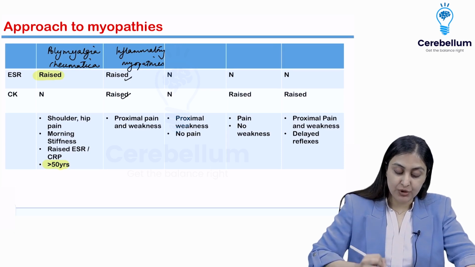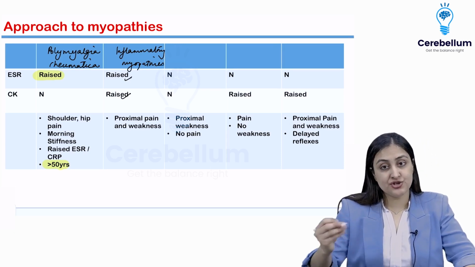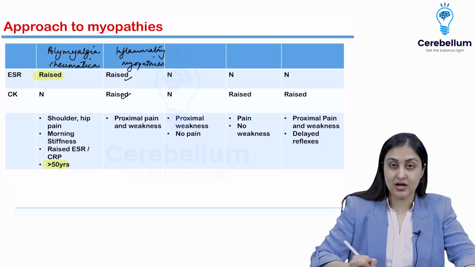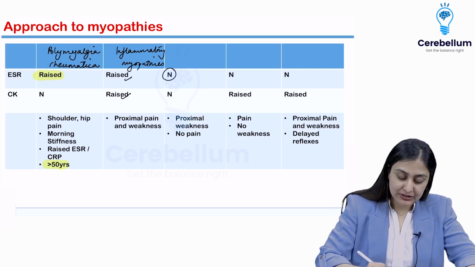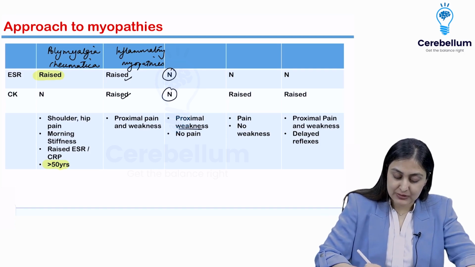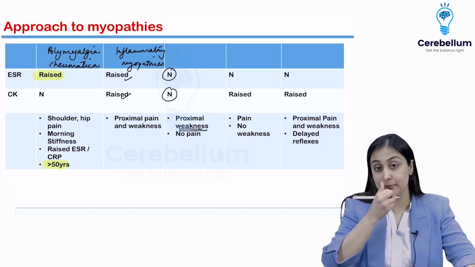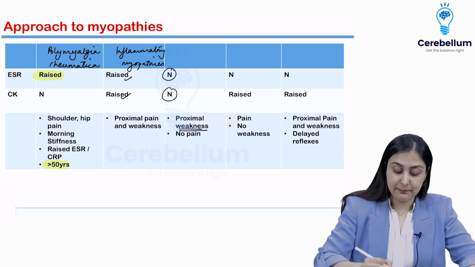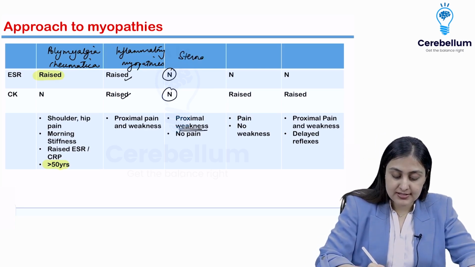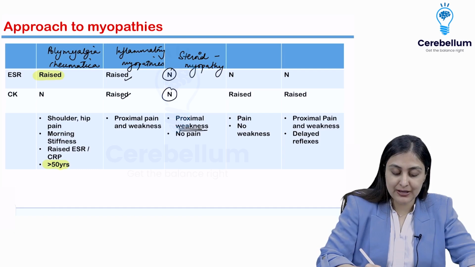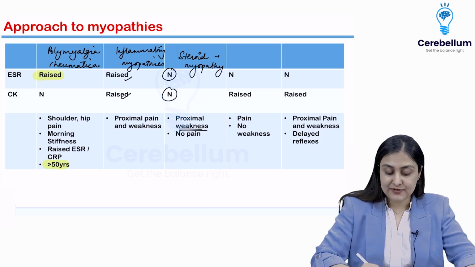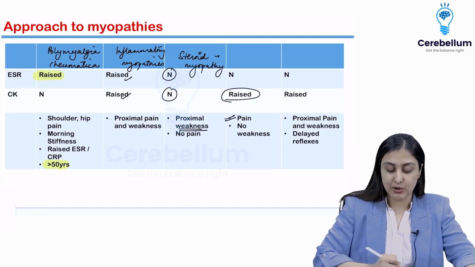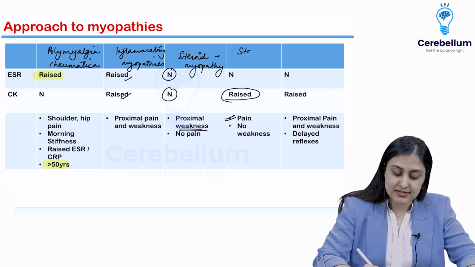If you have both normal with a history of drug intake, so next is drug intake history, if both are normal and you have proximal weakness but the pain is not much, consider steroid induced myopathy. Alright, so steroids lead to myopathy. On the other hand, if CK comes out to be raised with a lot of pain, then you must consider